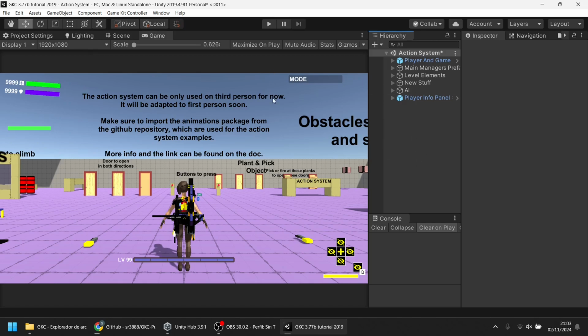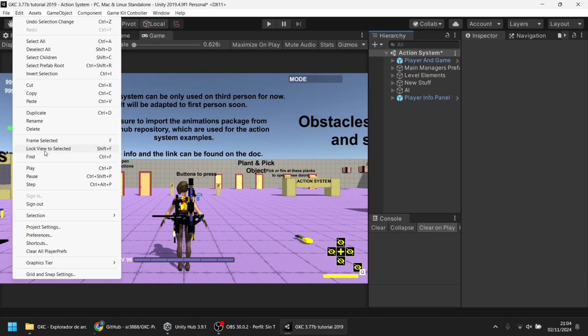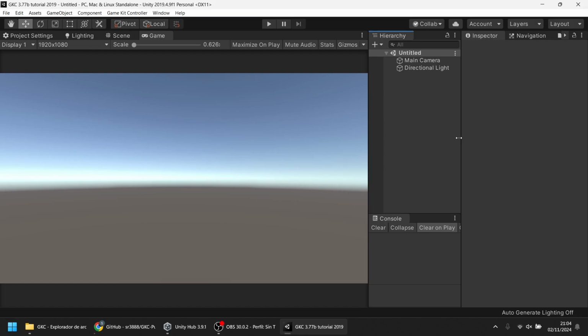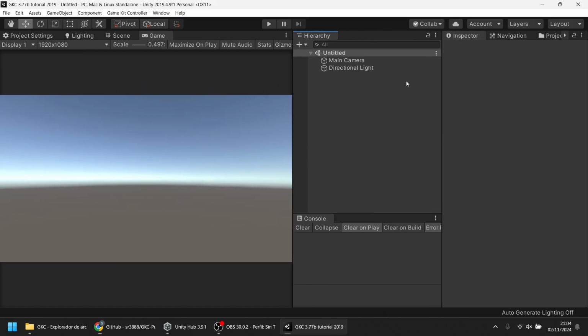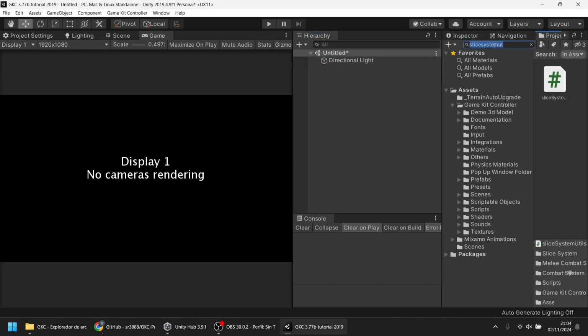And finally, I'm going to show you how to create a new scene. You can use any of the demo scenes as a base to start to work on your game. But in this case, I'm going to create a new scene, so you can see what is the basic to add for a new scene for GKC. In this case, we can remove the main camera as the player already has it, and search in the project my player.